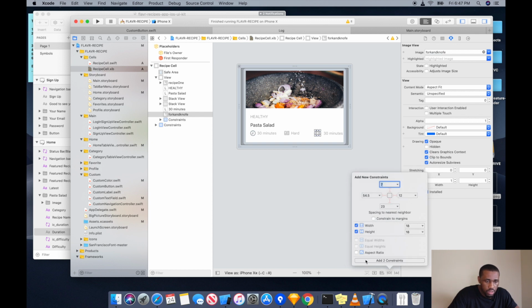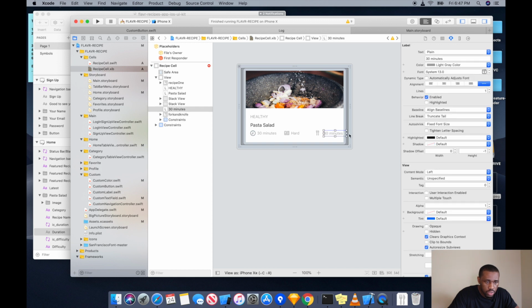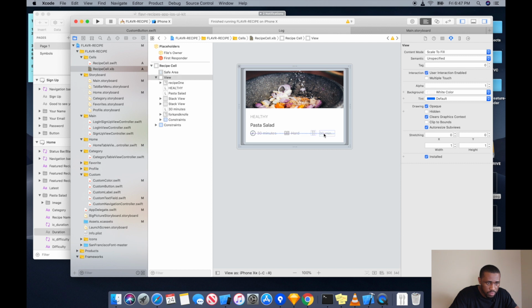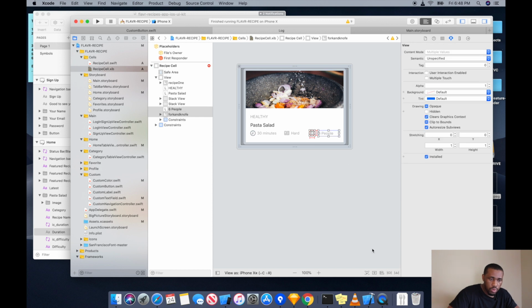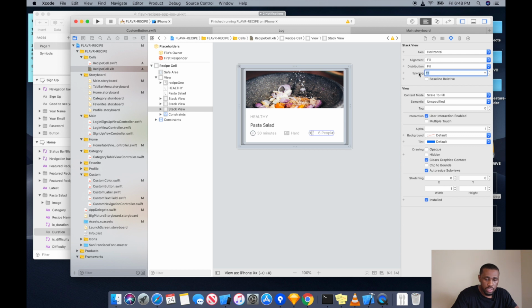In fact, you don't really need more constraints if you're doing stack views, because stack view is going to infer from one item. So I'm just going to command select this, move it to the left a little bit, and then give this label some weight, and that label is 6 people. So just say 6 people like this. Okay, and hold command for those two items and put them in the stack view. Then you change your spacing in the attribute inspector to 6. Okay,